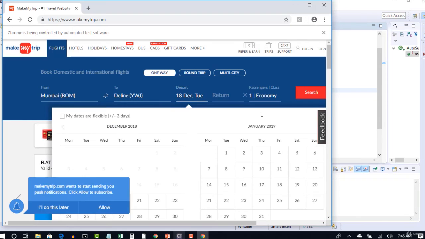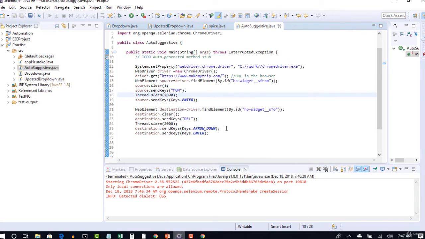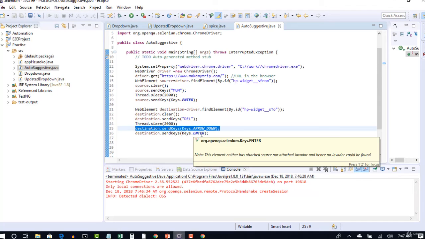You see that it went arrow down and selected Deline Canada, not Delhi. Because of this arrow down step, it selected the second option. If you want to select the fourth option, give it 3 times. Now you may have a question: how would I know that Deline Canada will display only at the second place every time?